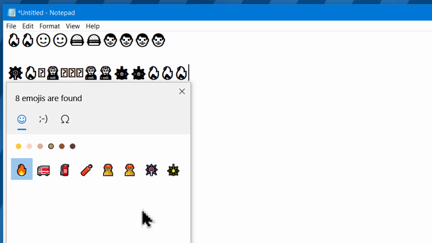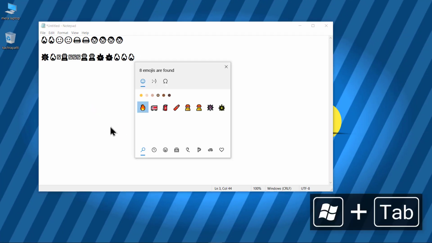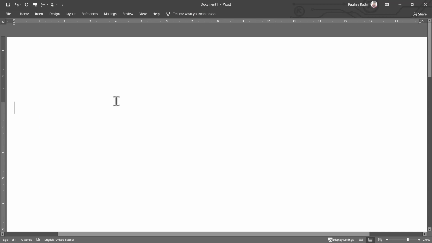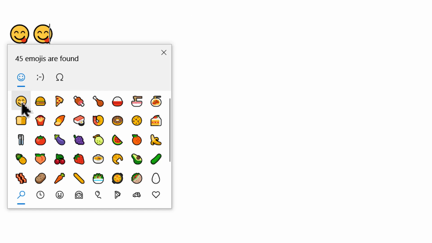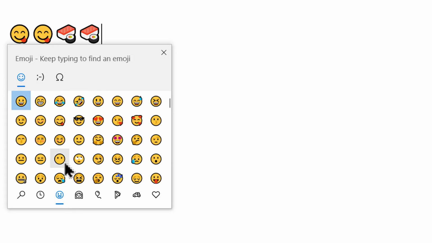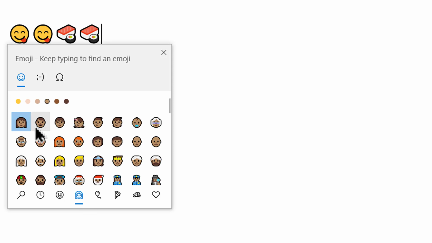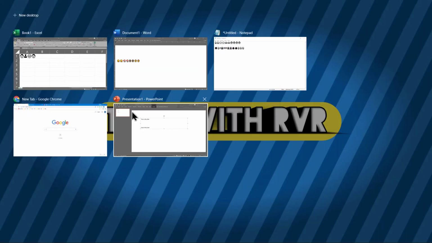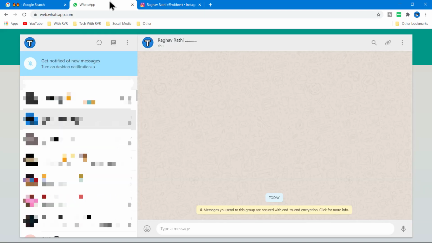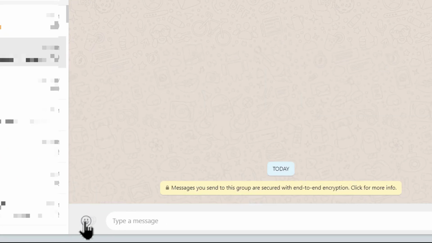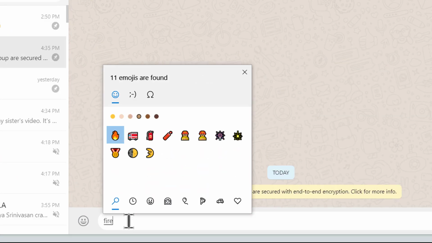So let's see, does it work anywhere in our laptop? So I will go in Word, again open it and search for it. For example, food, and I will do like this. Now notice one thing here. If I change the color and use this boy symbol, now I will change it to this color. Now use boy symbol, it will show the effects. Because Notepad doesn't support it, Word supports it. Excel, PowerPoint, browser. Now you can use it in WhatsApp also. WhatsApp has its built-in emoji panel, but you can use it here also. For example, fire again.